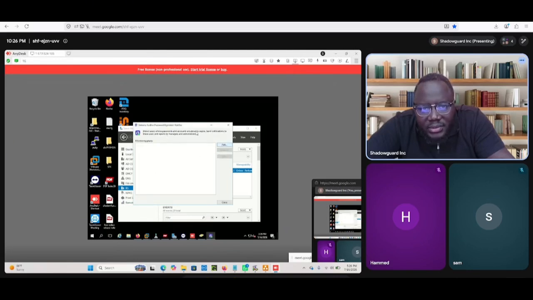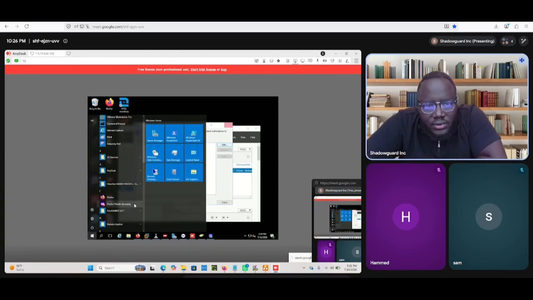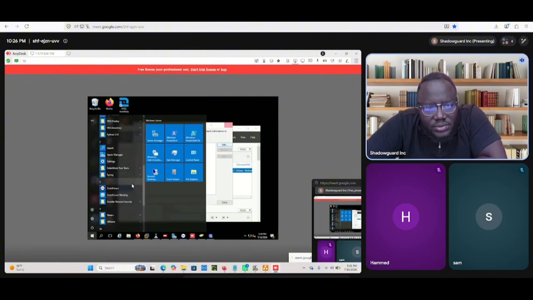Yeah, text users whose passwords are about to expire, send notifications to these users and reports to managers and administrators. That's what we care about. So if you have an Active Directory environment, something you're looking to use, it's pretty neat to